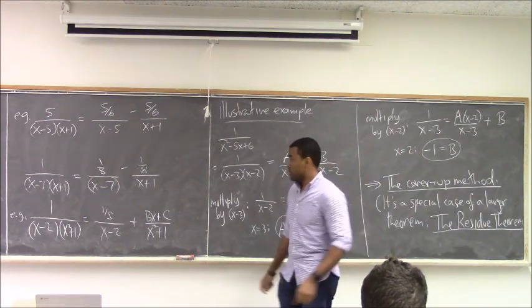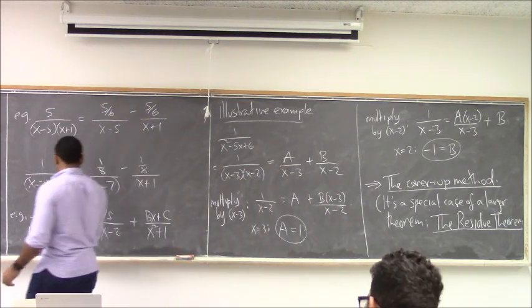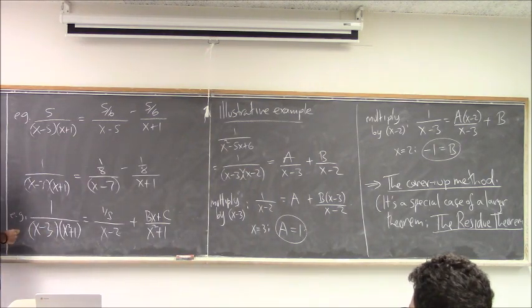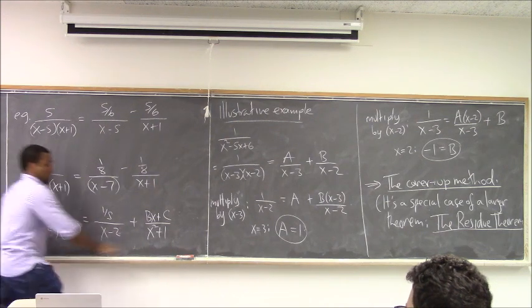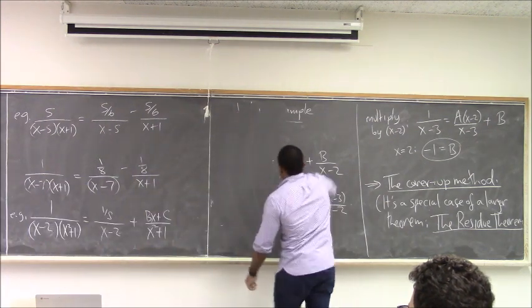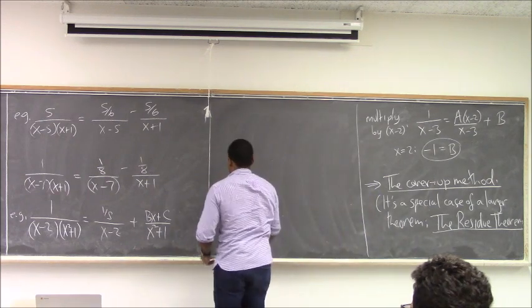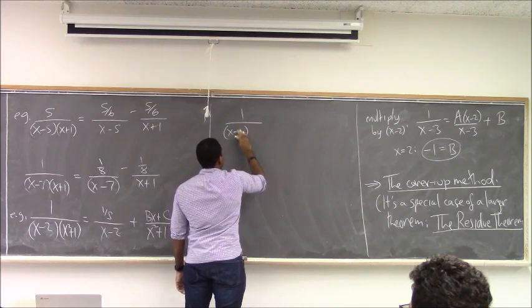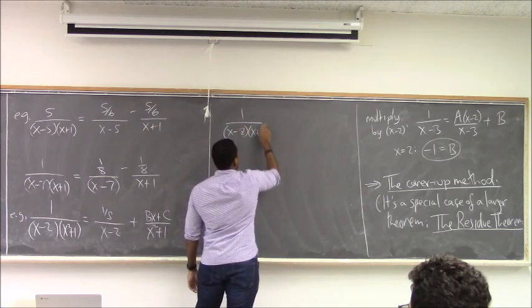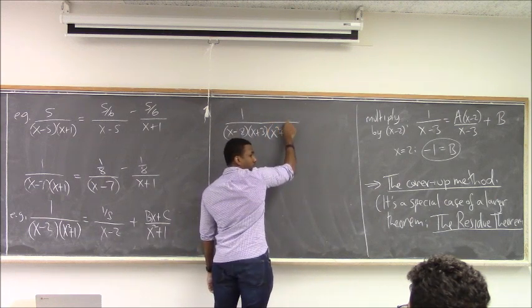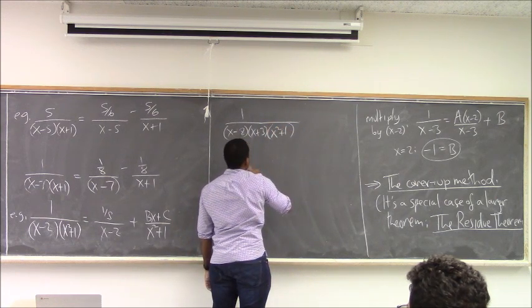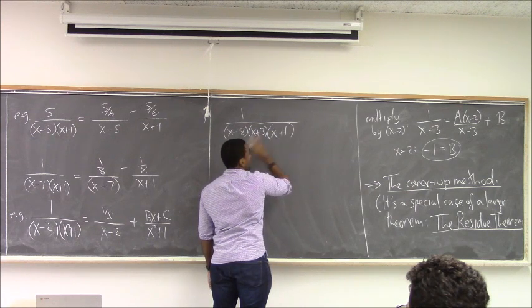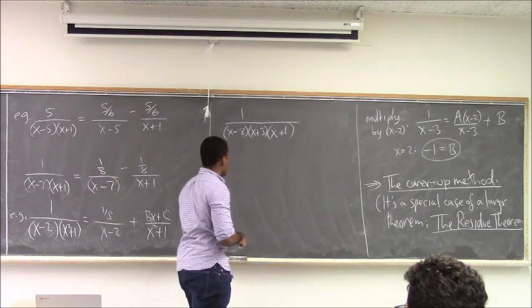Yes? What if there's like 3 in the denominator instead of just 2? Like this? No, like what if it's like x minus 2, x plus 1, like 3 different ways to factor that? Like you have x minus 2, x plus 3, and say x squared plus 1? Or even just like x plus 1? Like what if it's just like this? Yeah, you can still do it. Okay. So,